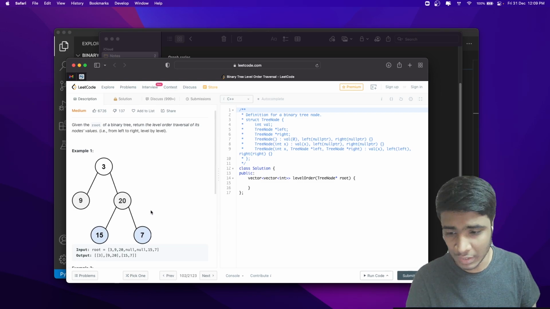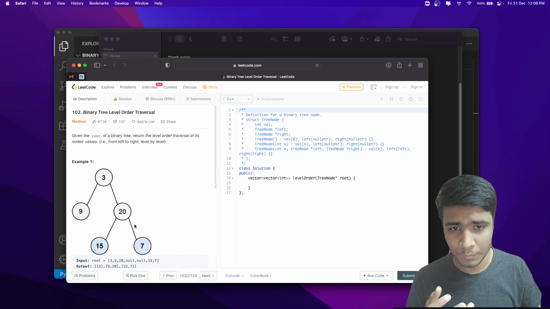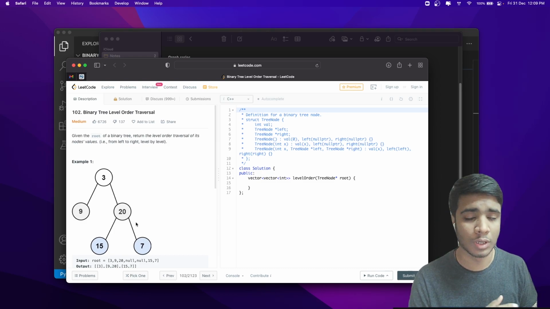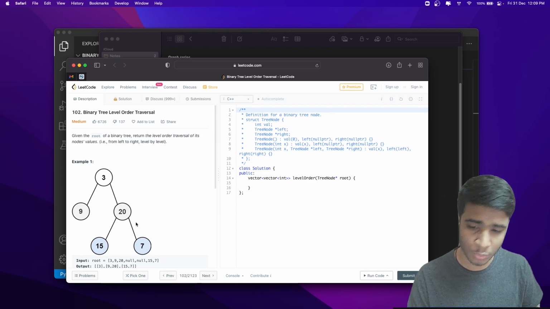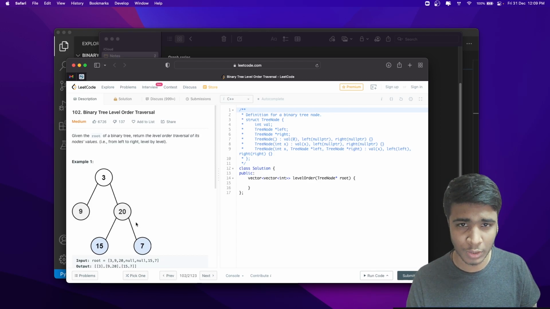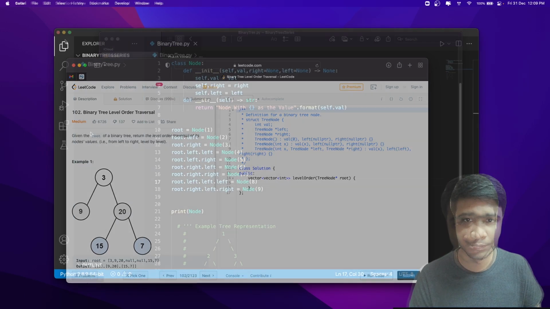So these are the three levels that I have. In each level, I have a respective number. This is what I have to return, and this is the problem. Consider that you have been asked to solve this in the interview. Take your time, try to code it, or try to dry run it with pen and paper, and come back. I will be coding it for you.